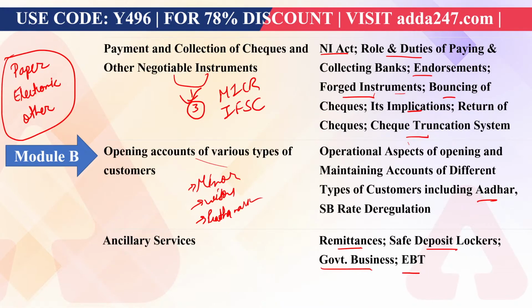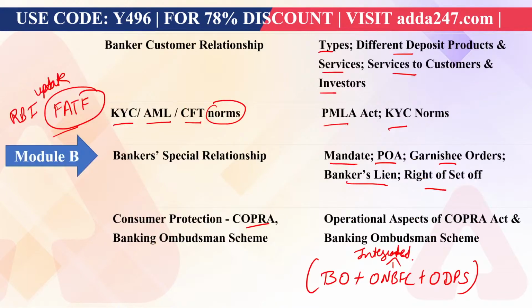And to cover module B, overall topics, we require 25 days because we know that the syllabus of module B is very vast. So, module B has the highest syllabus or the maximum syllabus in the principles and practices of banking. So you have to give minimum 25 days to cover the conceptual understanding, and after that to cover the topic wise test and case studies. Okay, so we need 25 days to complete the module B syllabus after focusing on the